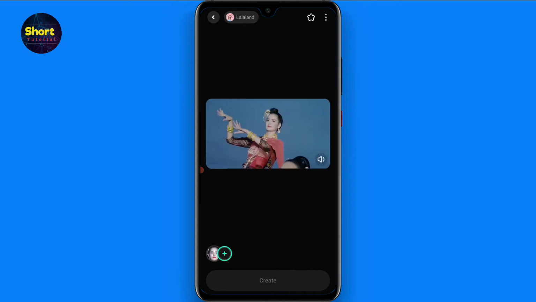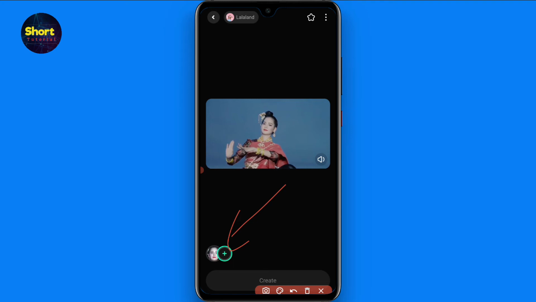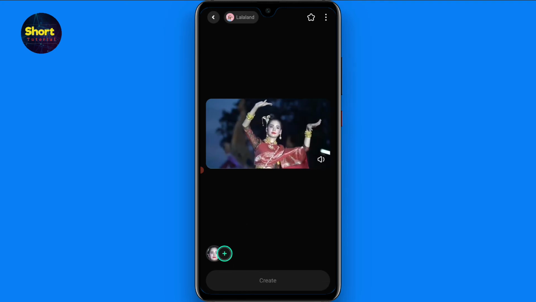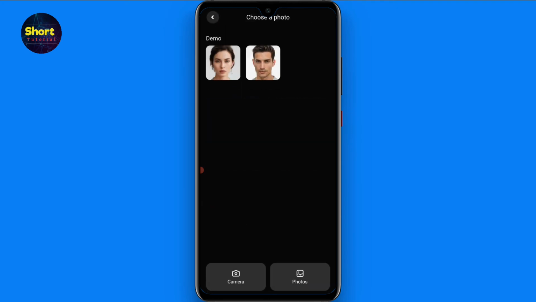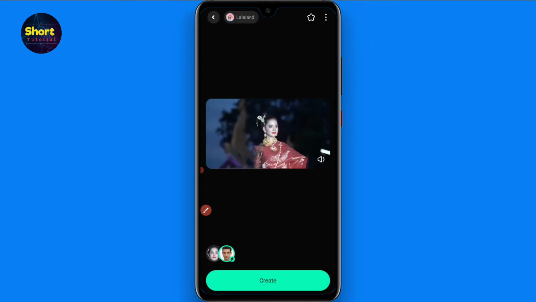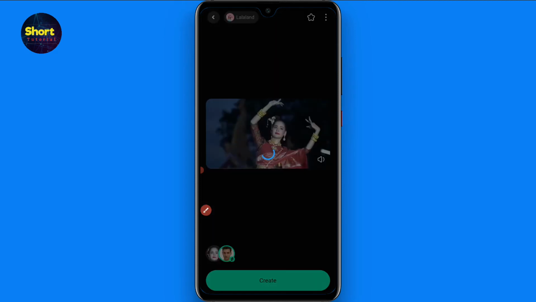now you have to click on this plus icon, and here you will see demo photos. You can simply take your picture from the camera, or you can simply upload it from your mobile photos. So right now I am using demo pictures. So let's suppose I select this picture. Now you will see the create option, so you have to click on it,